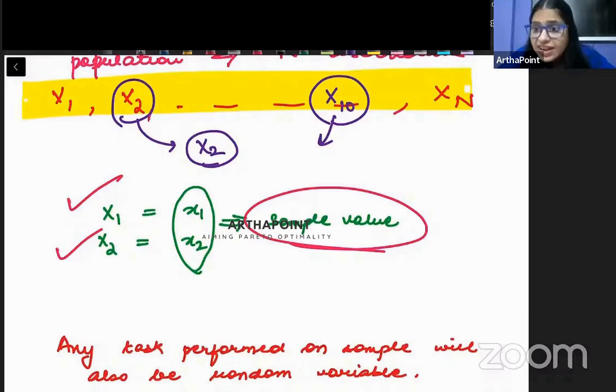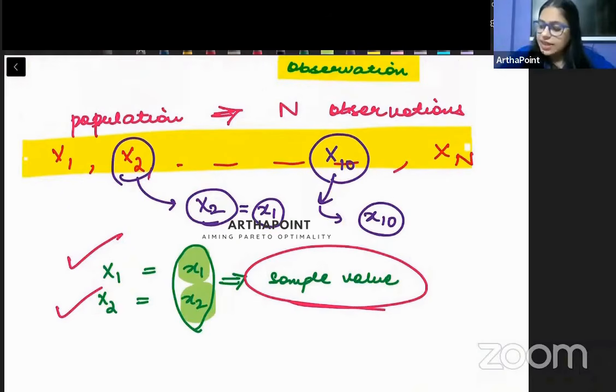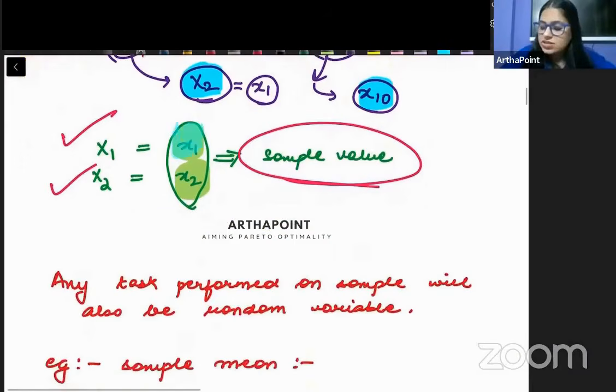Then I ask you what is the value? So you tell me ma'am, observation number 2 का जो value है वो small x1 है and observation number 10 का जो value है वो small x10 है. So the value that you get from there, that is denoted by small alphabets x1 and x2. So small alphabets basically represent the value and capital alphabets basically represent the observation. Clear हुई ये बात? So we can go ahead and we can say that capital X's represent the observation and small x's represent the sample value.